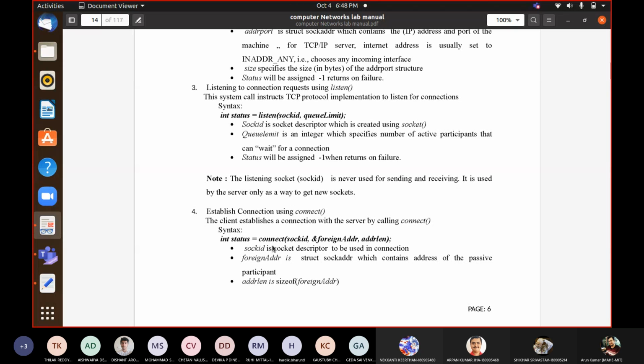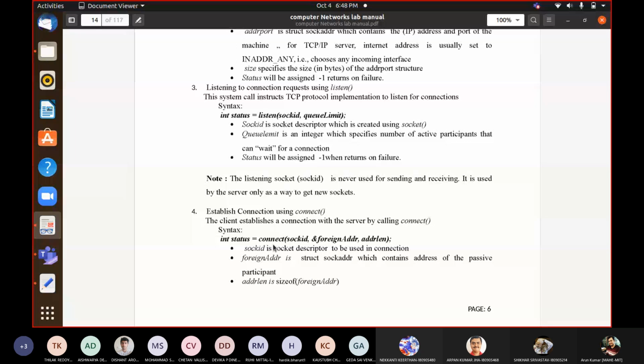First, the socket ID, your own socket ID. This socket wants to communicate with some other socket, so you have to give that socket's address, where you want to communicate. This is the foreign address, on the port number 4. With respect to client and server, the server is foreign to the client. So there you will mention the port number with the IP address. That address you have to give, and then finally the address length.